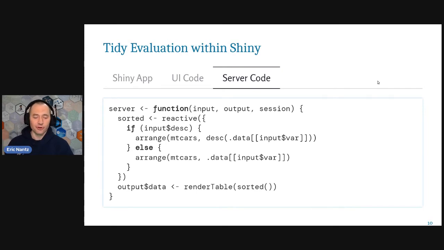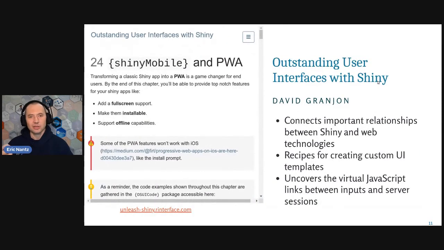And that's where I learned about this .data pronoun or function. And there's another one alongside that for getting into environments. But now linking tidyverse concepts with Shiny makes more sense now that I've read that chapter. And throughout my big old app that I just showed, I have many examples where I'm using this technique. I won't go over this too much because honestly, David covered so much great content about it, but